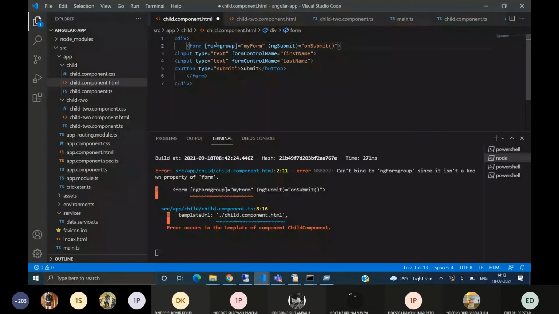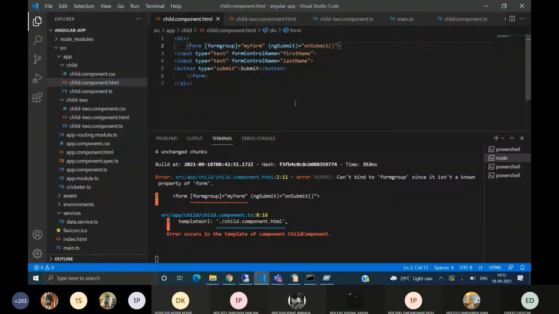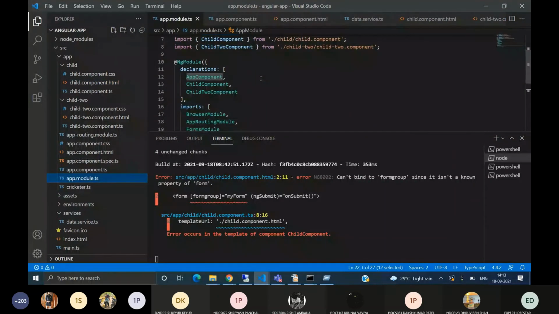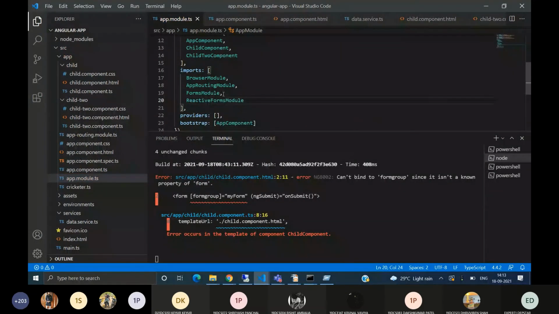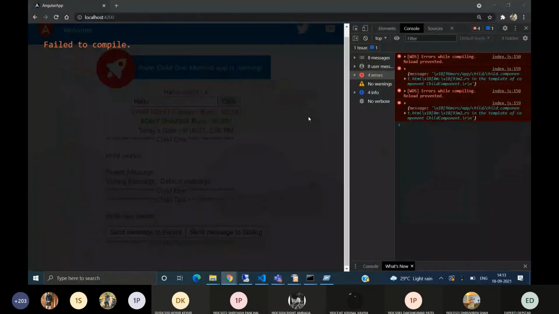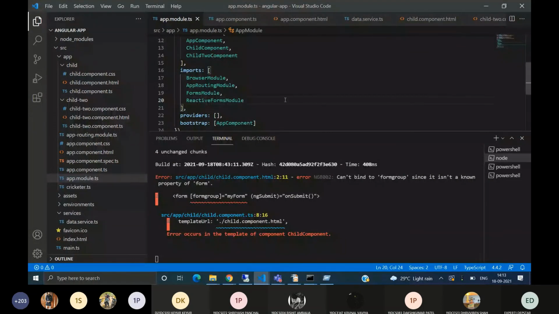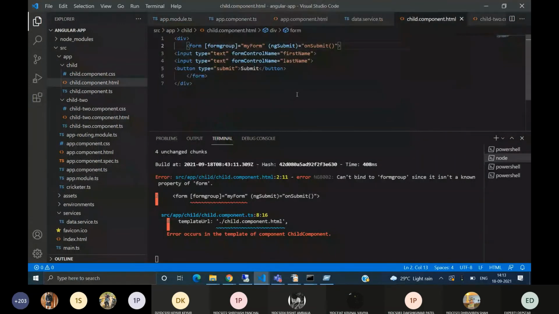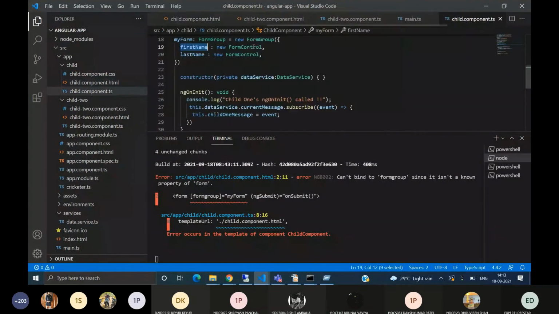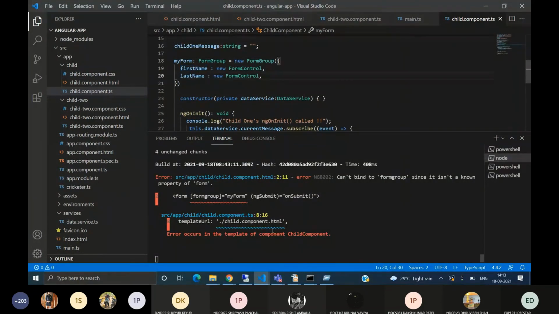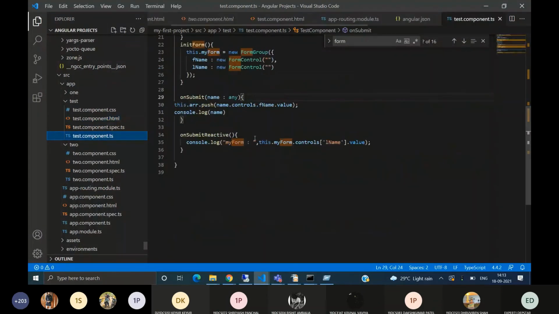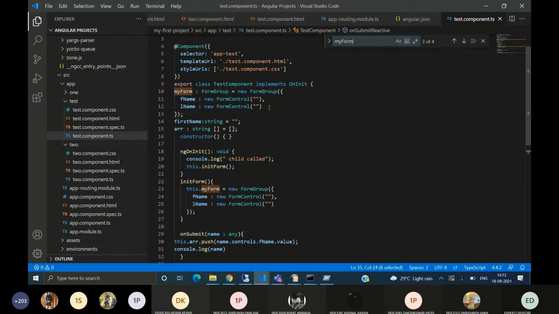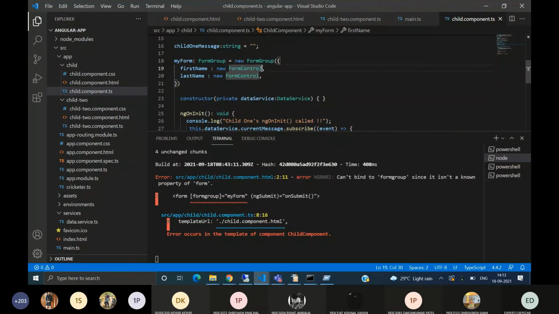Yes, and for using form group, we have to import the ReactiveFormsModule in app.module. The form is equal to myForm. Okay, we have not defined any value here.